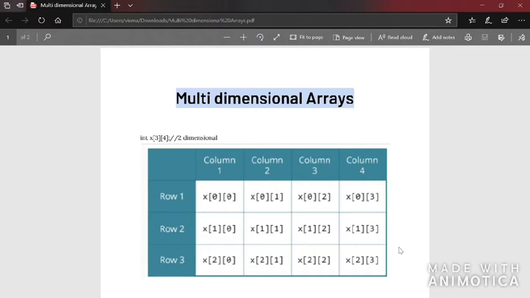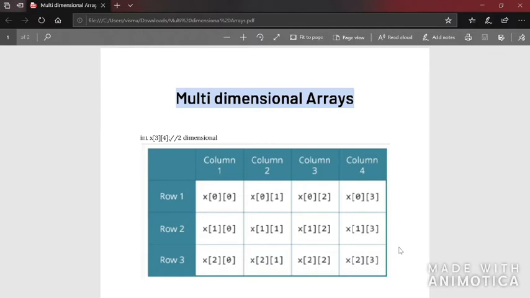So what do you do if you have to do the same for many students? One available option is that you can create many arrays of size 6, one for each student. Another option is you can go for multi-dimensional arrays. The arrays which we normally saw are single dimensional arrays. Multi-dimensional arrays are arrays whose dimensions can be more than 1.